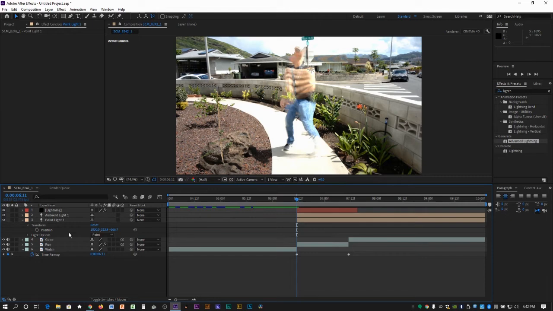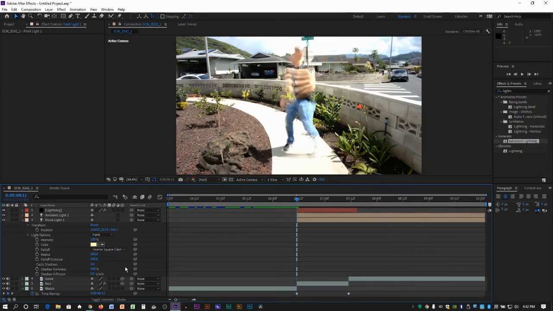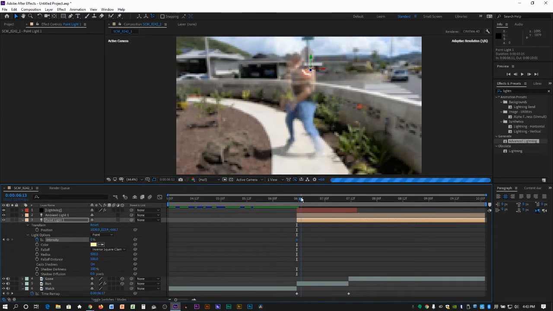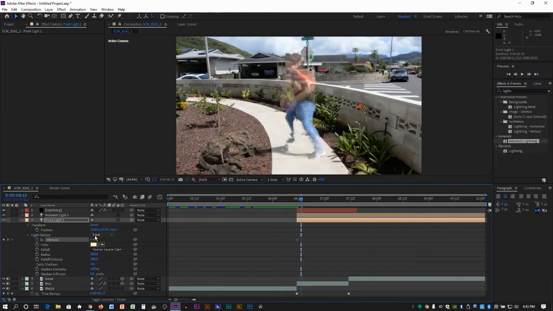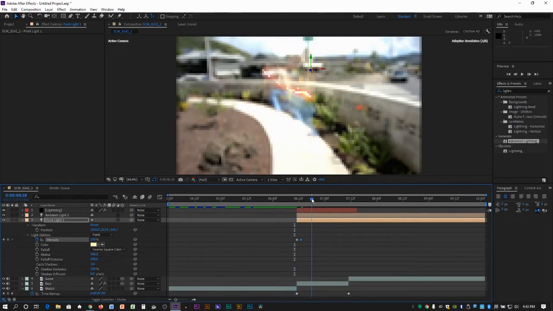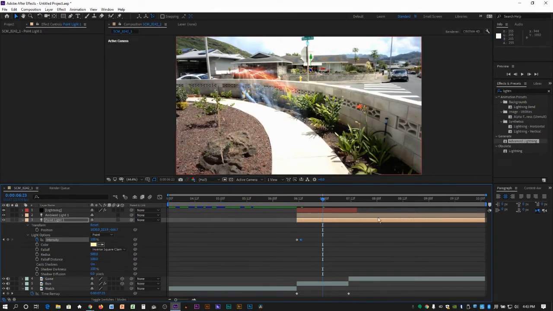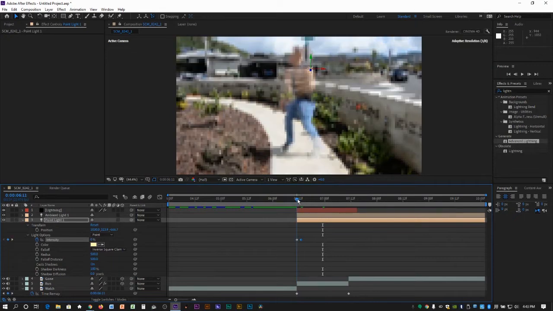Easy to do. I've selected that layer, and I'm going to go to my light options. In the beginning of my point light, I'm going to turn the intensity clock on, and I'm going to drop that intensity to 0. And then I'm going to go just a few frames forward. That lightning is starting, and then I'm going to take that intensity to 100. And now it kind of ramps up. But it doesn't move. You'll notice it stays right here, and yet I'm moving over this way. So in order for it to follow me,